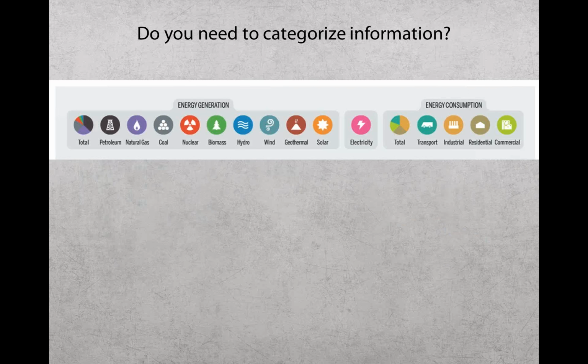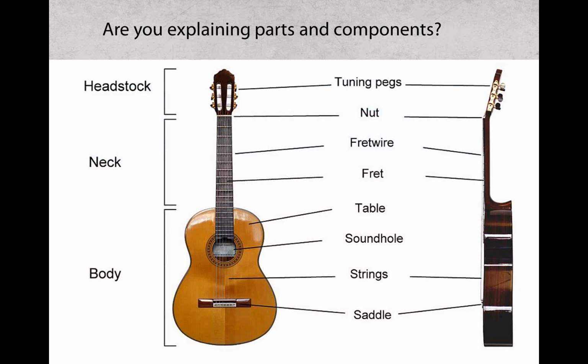When you need to categorize information, this is another good use of icons. I'm guessing some of you probably do this if you're already working in the field. You might put a little icon in the topic you're in, and it will help people. It works as a mnemonic device and helps people understand where they are, and it orients them. When you're explaining parts and components, use pretty much an illustrated diagram with callouts.